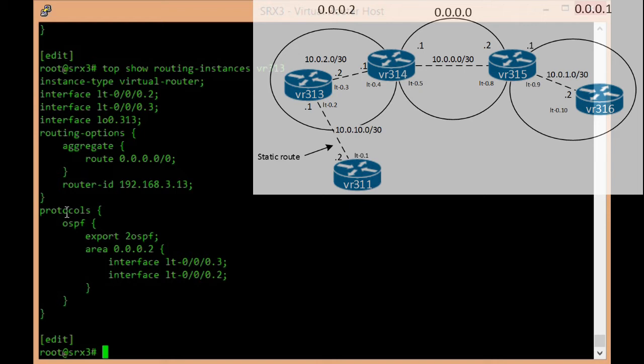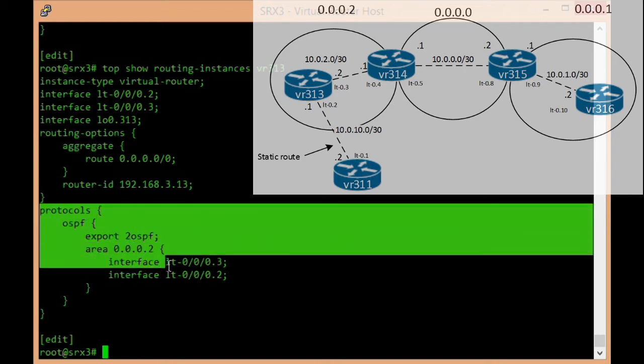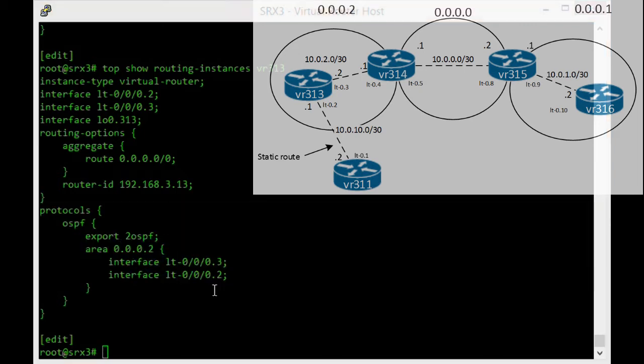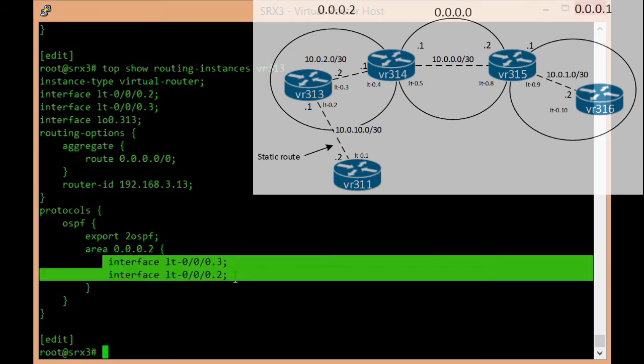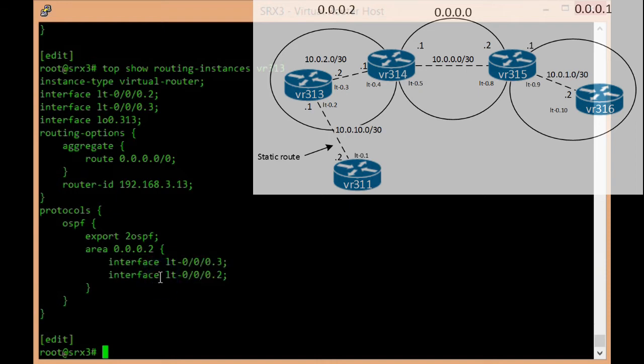Here we begin to see some protocols assigned to it, and we see the interfaces, and we see that both 3 and 2 are assigned to Area 2, which is indeed the case. It's completely contained within the Area 2 interface. Let's take a look now at